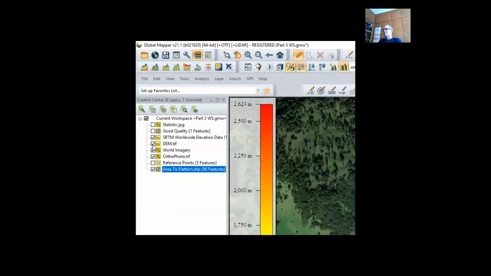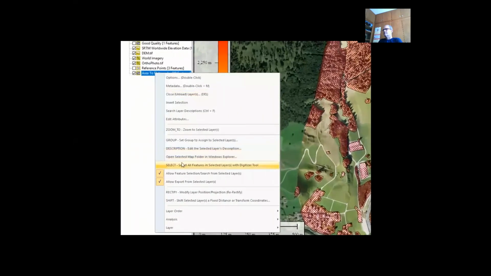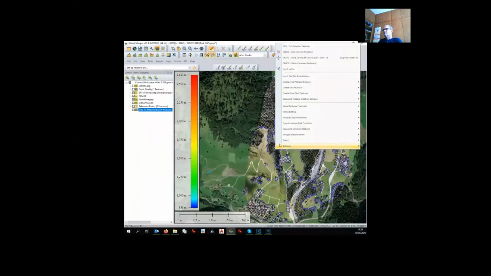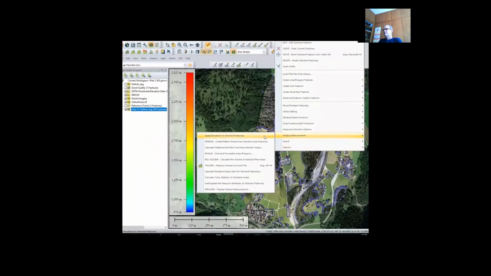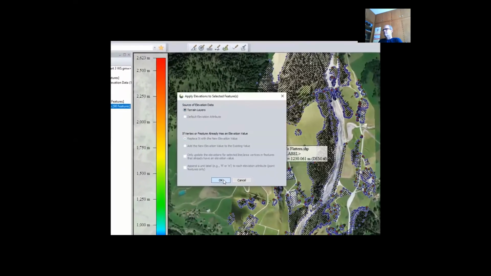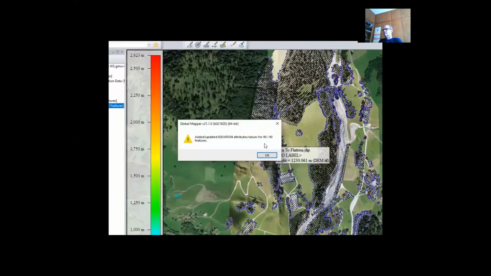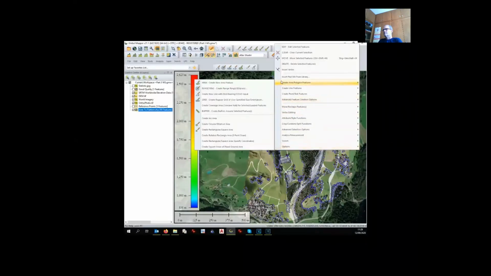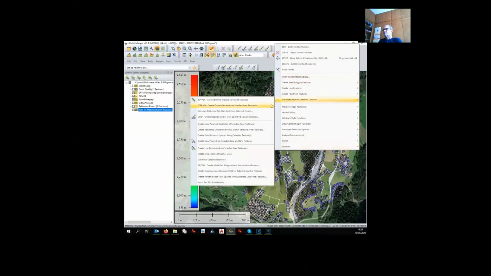I have to cross-check that my DEM and SRTM are activated. I select all the areas to be flattened. I right-click on it and I give the elevation. Apply elevation to selected features as usual from both terrain layers. 90 features received the elevation. At this point, I right-click again and I go to Advanced Feature Creation option, Terrain,